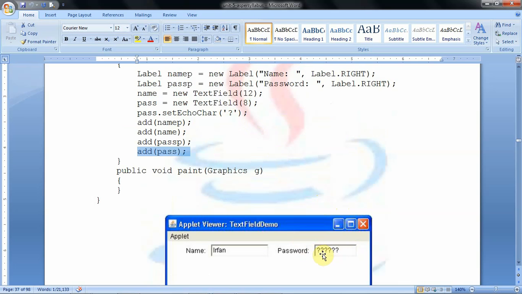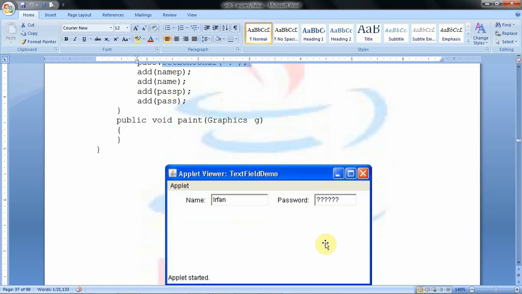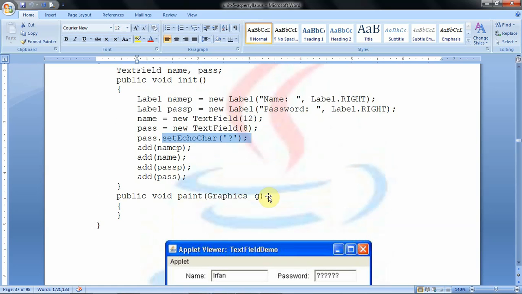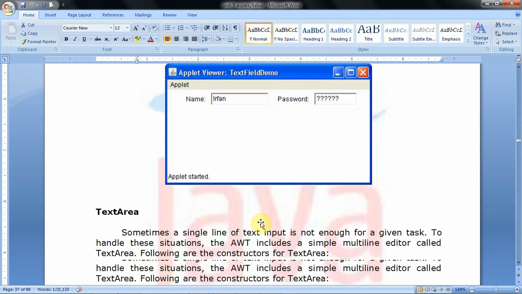For creating a password field in AWT, first we need to create the text field, and on that text field we execute the setEchoChar method to make it a password field. So that is about text field creation and adding text fields to the applet window.